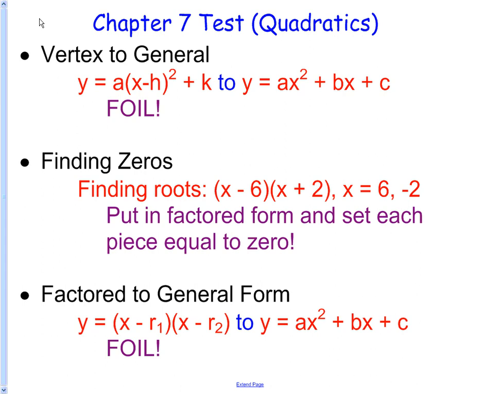And the last thing also is going from factor to general form. Generally, just multiply it out. So these two can be knocked off if you know how to multiply. You're good. Okay, finding the zeros is something that we've been doing in a lot of ways, and there's this